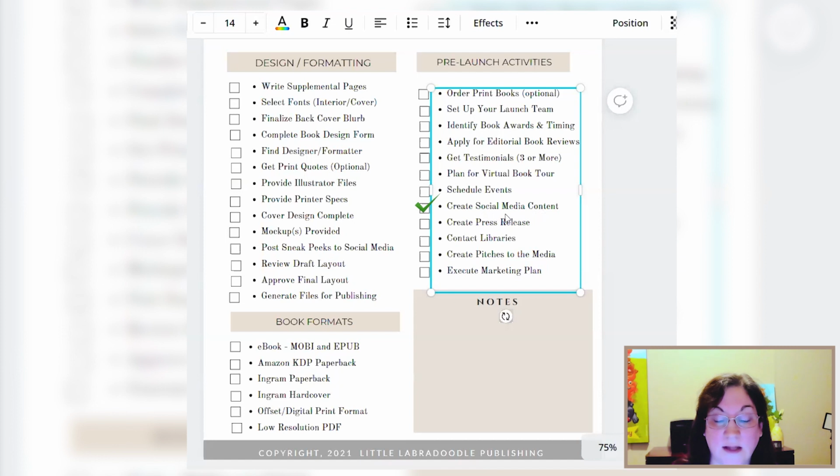Social media content. Nowadays, you can go to Creator Studio and you can just build all of the posts and things you want to do, and you can just schedule them for your book launch through the days. And you could have whole months worth of social media content built so that on the week or month that you launch, you don't have to worry about social media at all. You can create that all ahead of time.